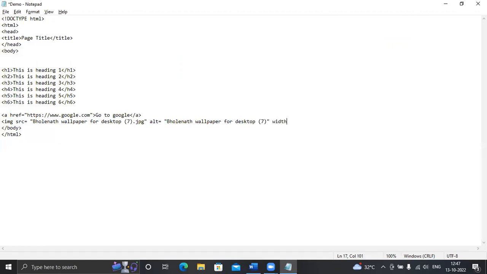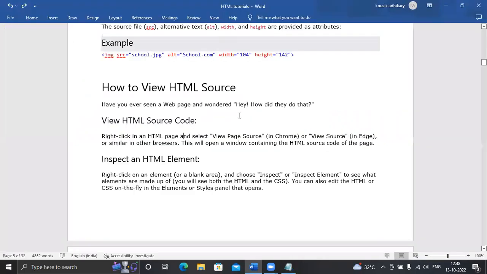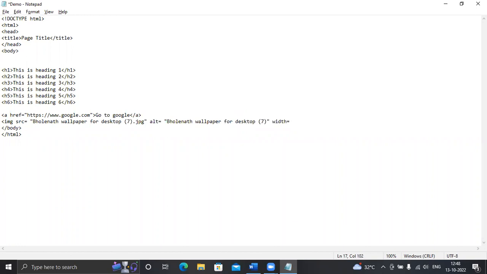Width equals to 104, and height equals to 142, and I am closing the image tag.